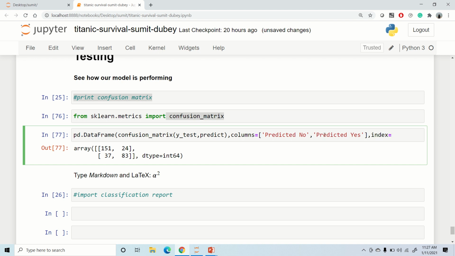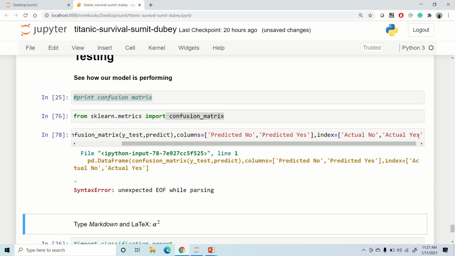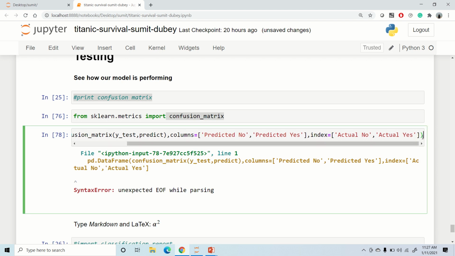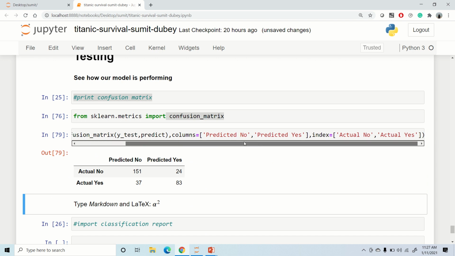So I'll say index is equal to actual no and actual yes. Let me just print this. Let me just close this bracket.